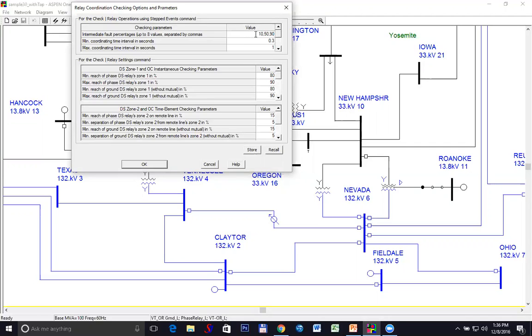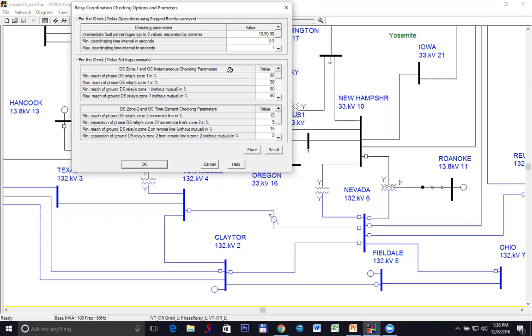So the first one is actually the most important. In here, I type in 10, 50, and 90. That means that I want to study the faults at 10%, 50%, and 90% as the initiating events. Okay, so that's what it does. And then the other things over here, the minimum, maximum CTI, and some other things that I'm not going to go into at this time.